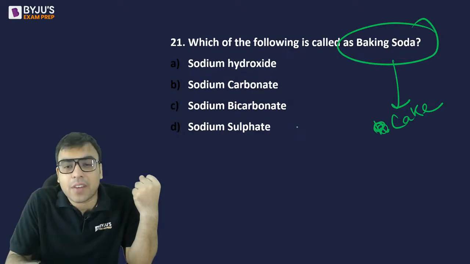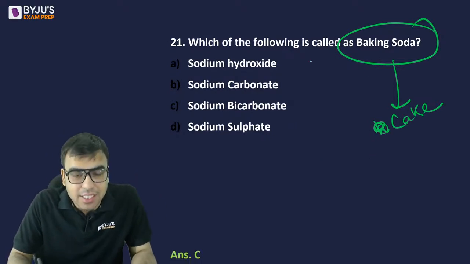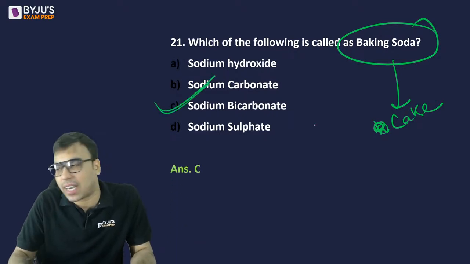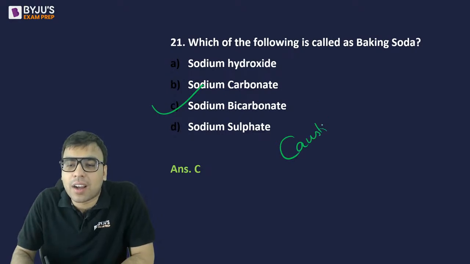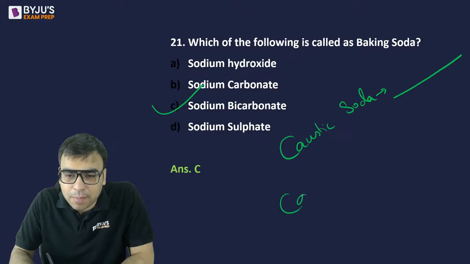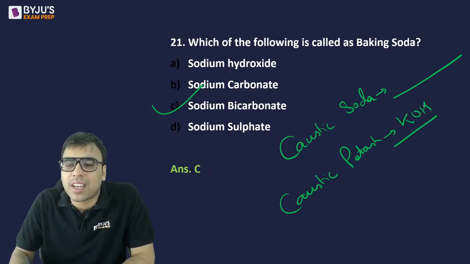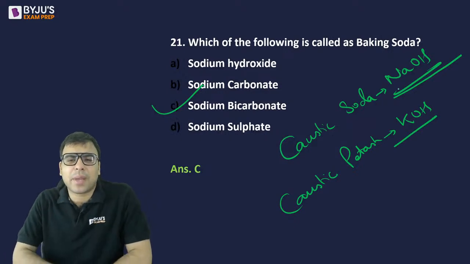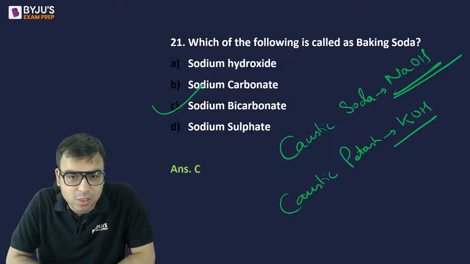So what is the formula of baking soda? So the right answer is sodium bicarbonate. C is the right answer. अच्छा कुछ और पूछ रहे, caustic soda का फॉर्मूला क्या होता है और caustic potash का फॉर्मूला क्या होता है? देखो, caustic potash is very easy, KOH है ना, potassium hydroxide, और caustic soda is sodium hydroxide है ना. ये सब पता होना चाहिए because yes they can ask these types of questions in the exam. So C is the right answer, sodium bicarbonate है ना.